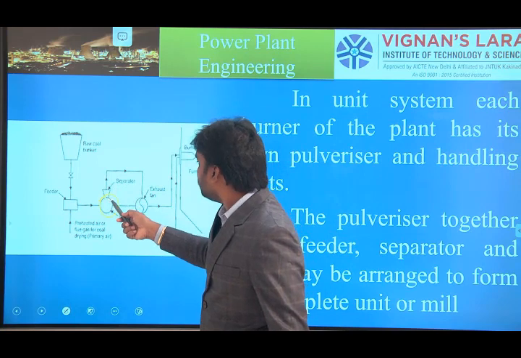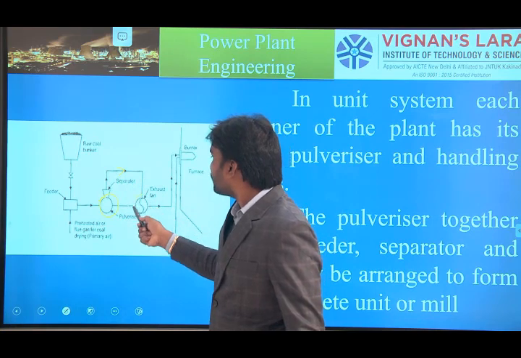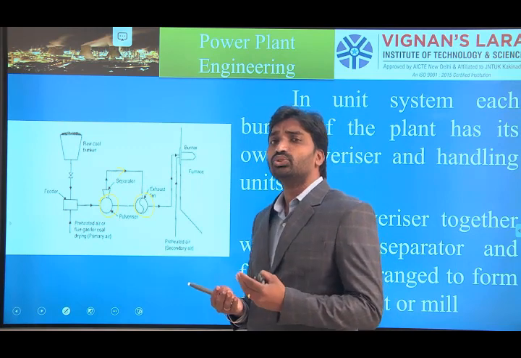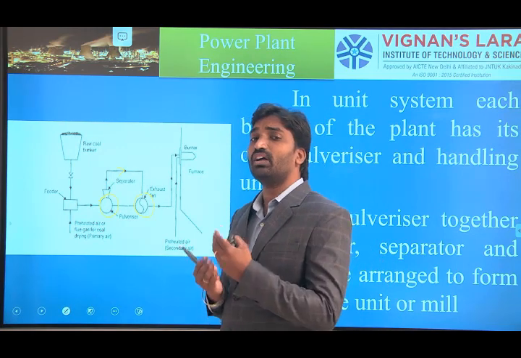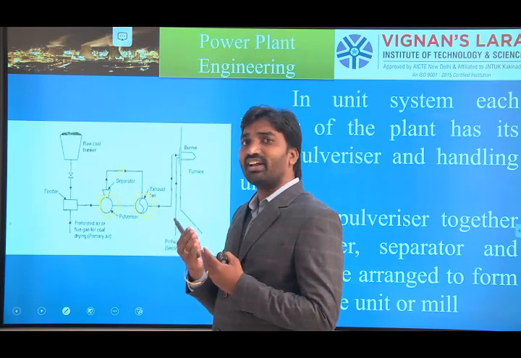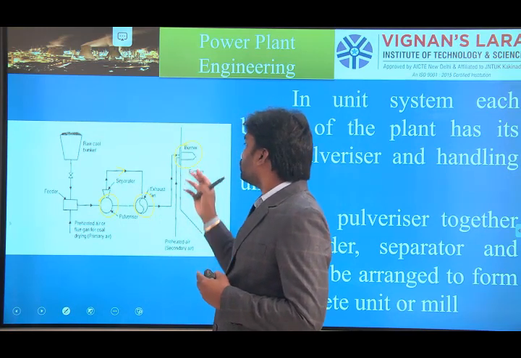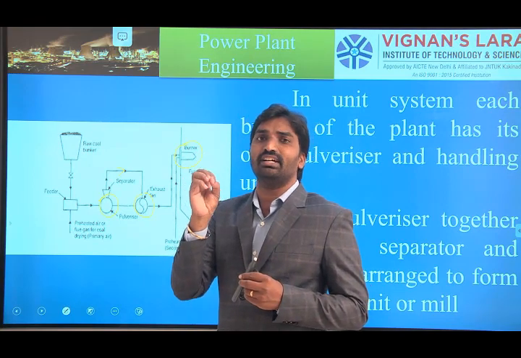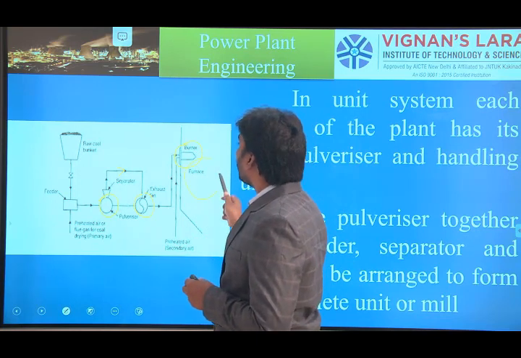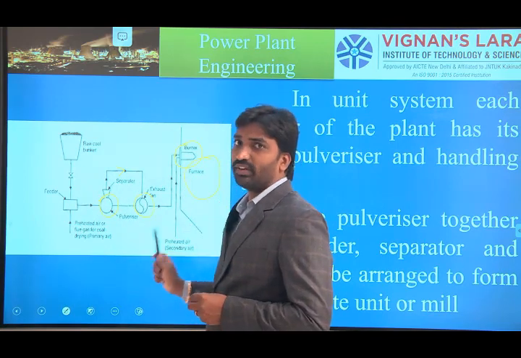Later that pulverized coal passes towards the exhaust fan. Why are we using the fans? Here they create pressure differences. Always the flow moves from high pressure to low pressure zones. That's why, with the high pressure, the pulverized coal enters the burner. Here we can see the burner. From the burner the coal is sprinkled, and the sprinkled powder takes firing in the furnace or combustion chamber. So this is the layout of a unit system.